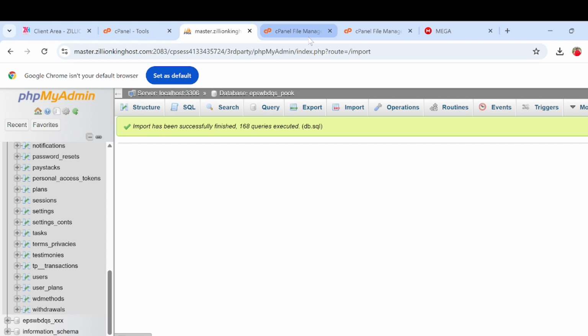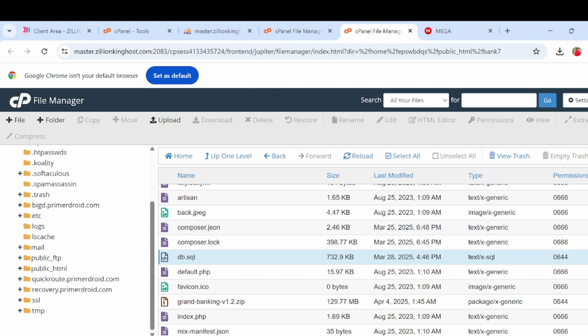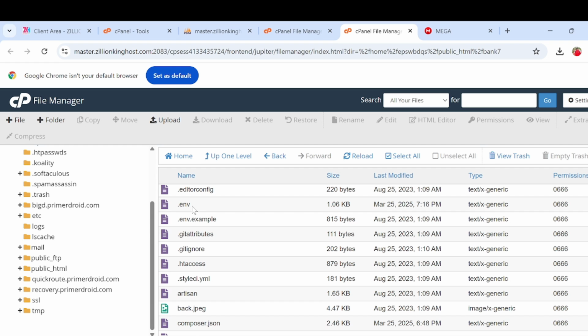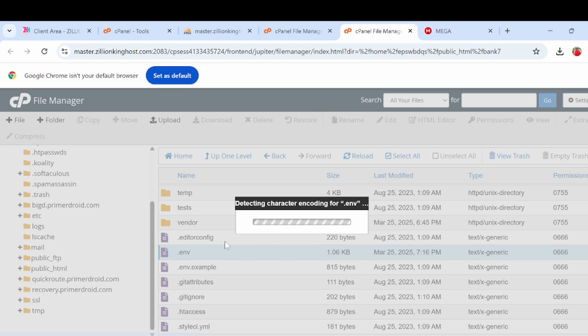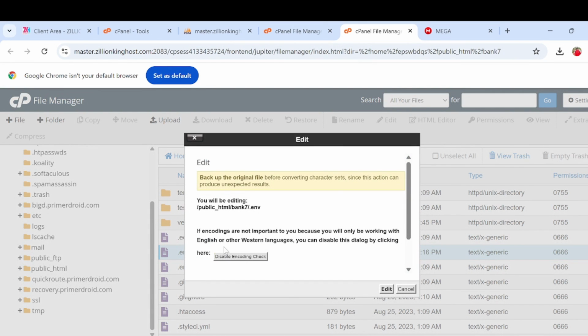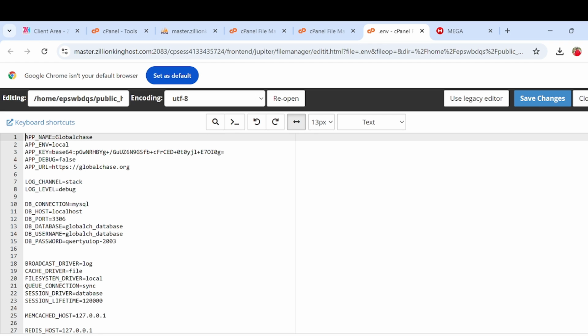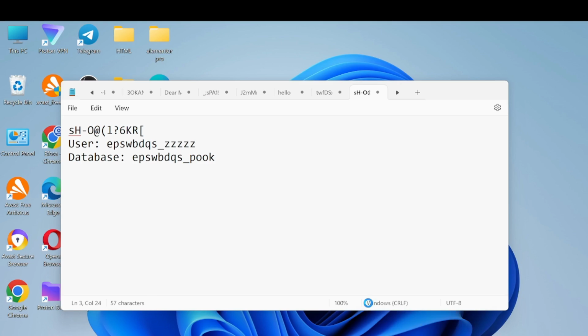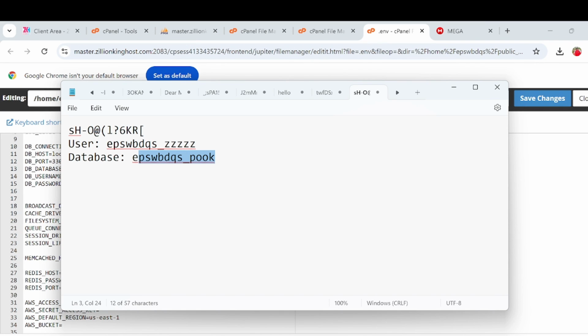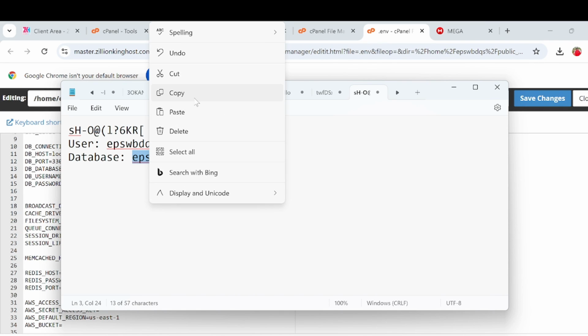So the next one to do now is go back to our file manager. Alright, so go back to our file manager and you come to this folder. You can see that env. You right click, then click on edit, then click on edit again. Alright, so we are going to change the database details here. You can see these defaults. We are going to replace it with the ones we created. Right, and we're going to start with the database name. You come here, your notepad, right? You copy the database name, you copy that,